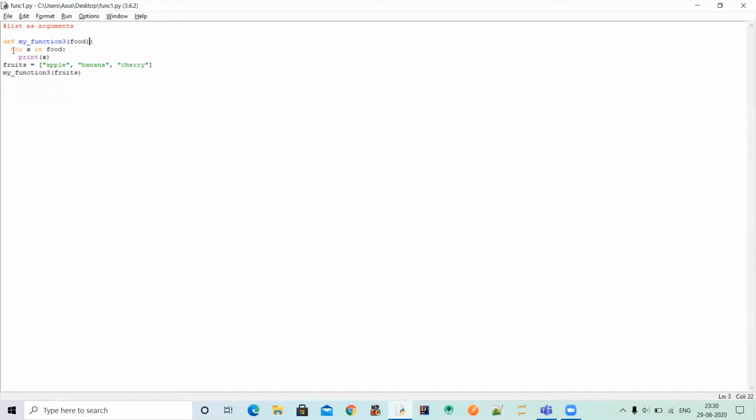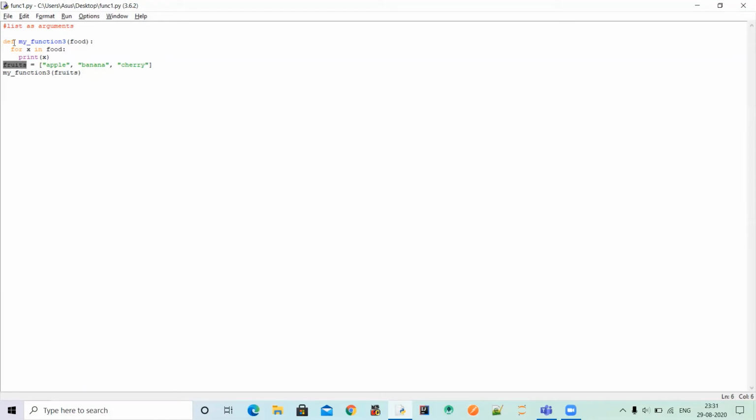Then inside the function, I am using a for loop to iterate the food one by one, and then printing the value one by one. So guys, as I have already told you, I am taking a list. So here is the list which is named fruits. So inside the fruits, there are total 3 values: apple, banana, and cherry.